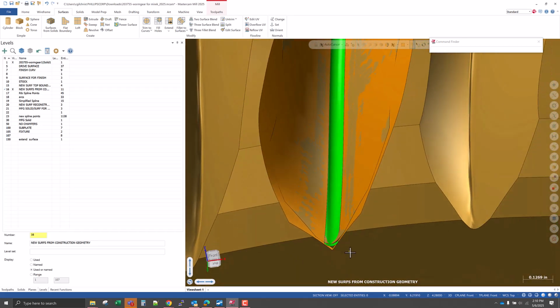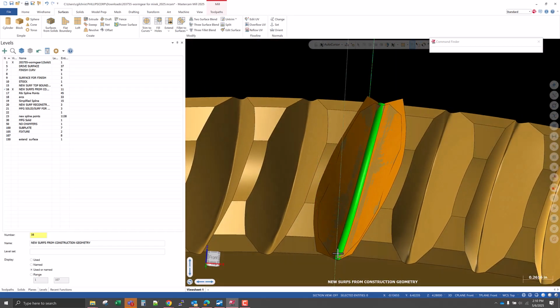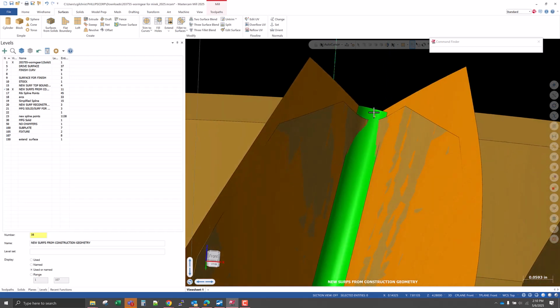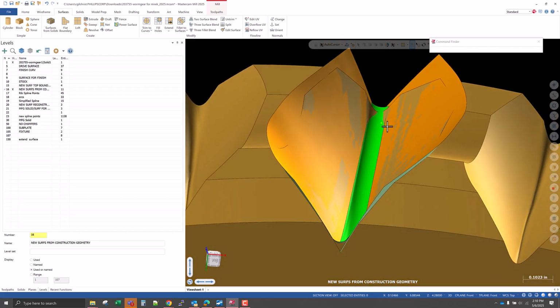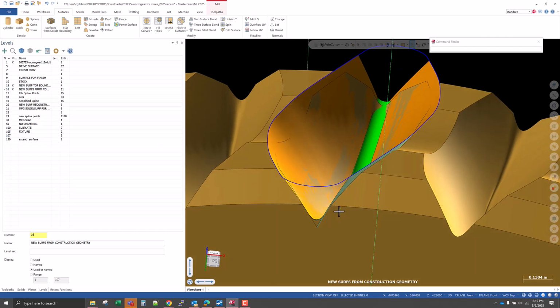So, I could always be wrong, and you could verify that with the design engineer, but this is going to give us that really nice, clean result and allow us to choose between different options when we toolpath it. So if I go back here and get this boundary,